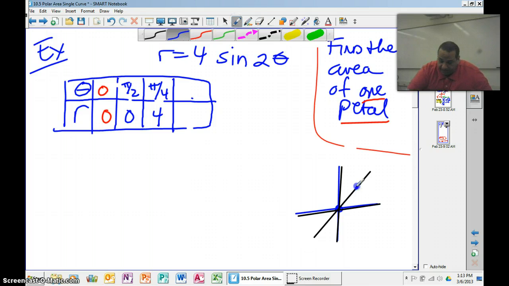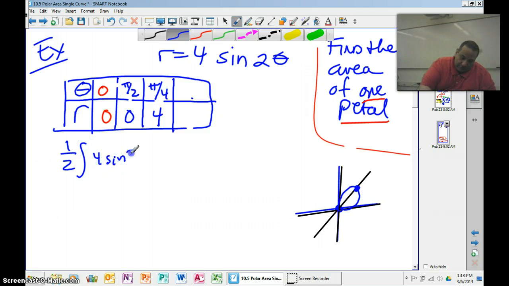So what must have happened, now I'm cooking with oil. So what must have happened is I went here to pi over 4, and then as it got closer to pi over 2, it came back. Makes a lot of sense. Makes tons of sense. So now I have my limits of integration. Now it's up to you. We want 1 pedal. I could either make a formula of this, 4 sine 2 theta. That's supposed to be a 2 theta. You'll excuse me. Squared. And now I can go from 0 to pi over 2 if I want. Or I can get rid of the one